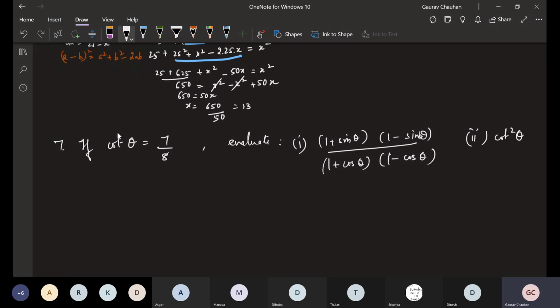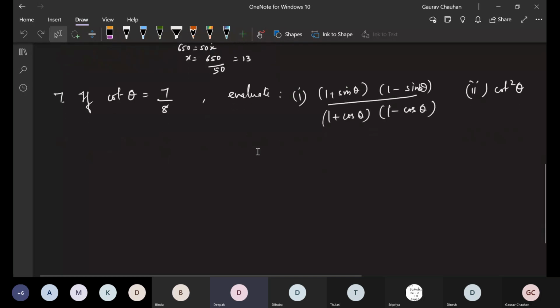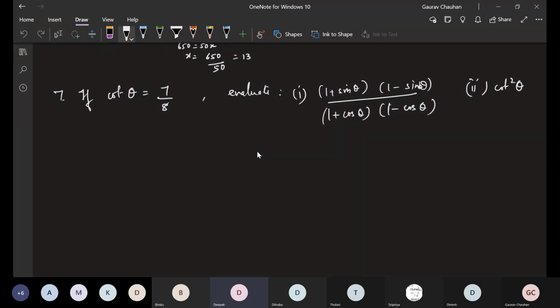Okay, anyone who would like to do this question with me? Anyone who would like to solve this question along with me? I see Manisha, Riza, G. Let's go to Deepak. Deepak, go ahead. Sir, first, we know that cot of theta is 7 by 8, sir. Then we will do 7x by 8x and try to find the other side of the triangle.